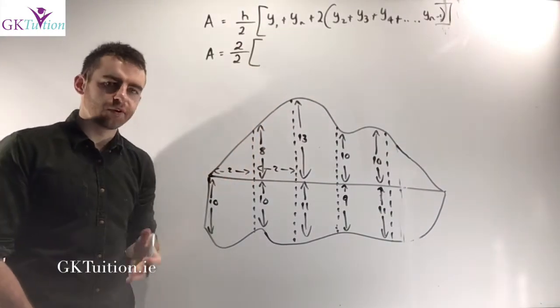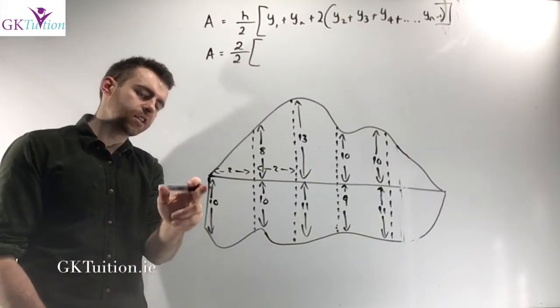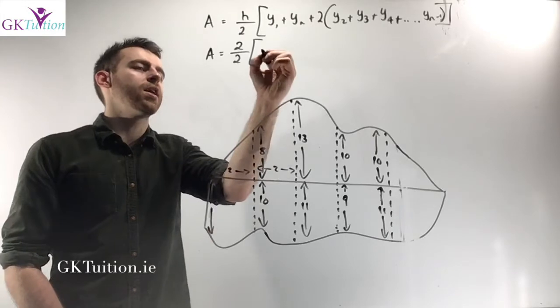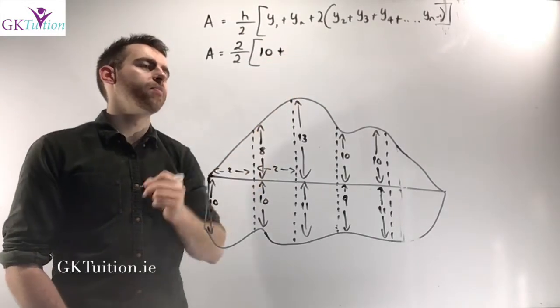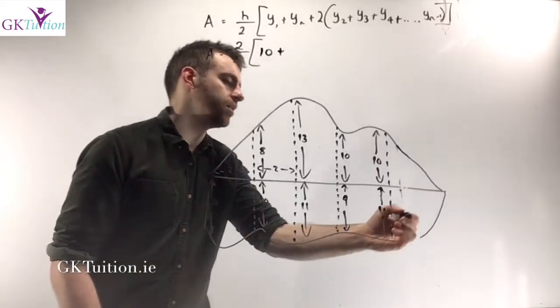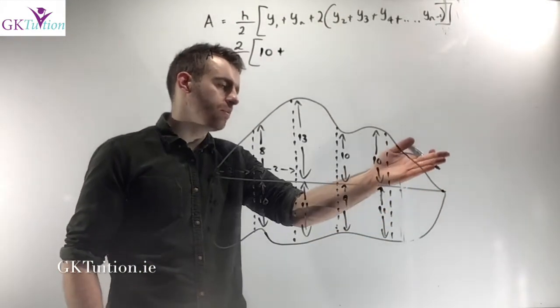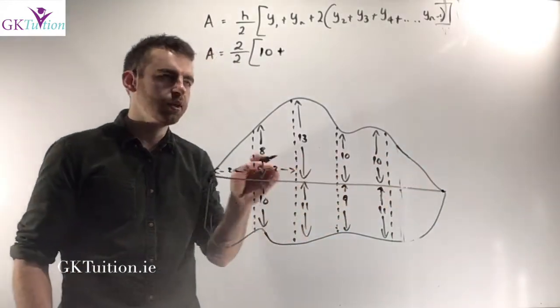y1 refers to the first height. In this case, the first height is just 10. Obviously the distance from there to there was labelled as 10, so my first height is 10. While yn refers to the last height. The last height is this one here. The last height is the end, and obviously they both actually meet along the horizontal line, so the last height